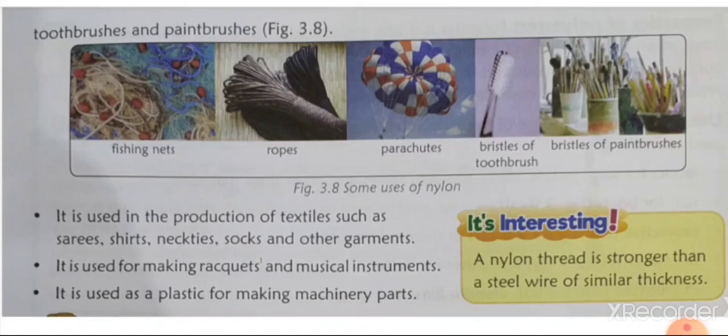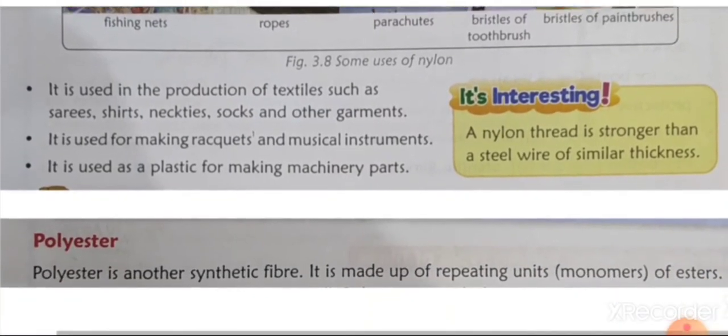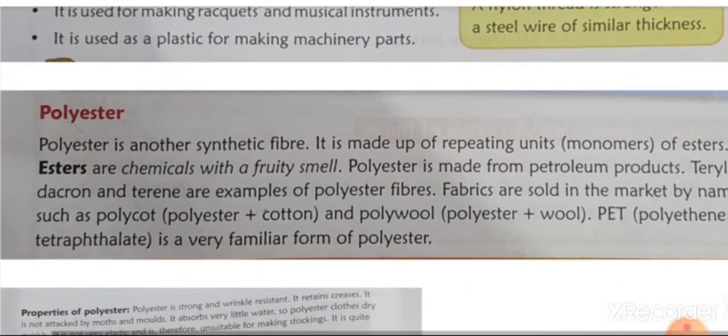It is used for making rackets, which we use during badminton playing, and musical instruments. It is used as plastic for making machinery parts. Now an interesting fact: a nylon thread is stronger than a steel wire of similar thickness. Dear student, we will see polyester